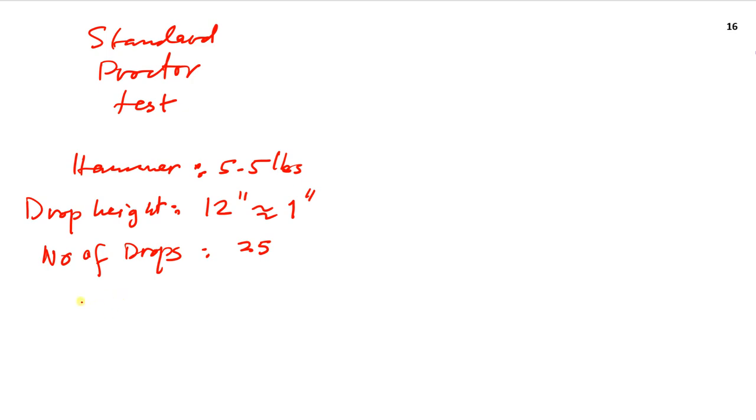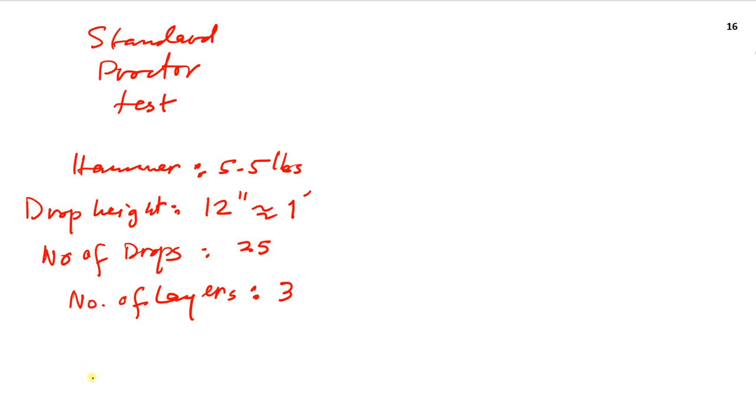And then the number of layers that are compacted are going to be 3. So it means the soil is placed in 3 layers, and each layer is compacted 25 times, and every time the hammer is dropped by 1 foot, and this is not 1 inch, it is 1 foot, and the weight of the hammer is